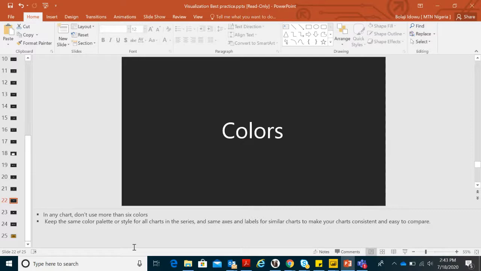Colors. Like I stated earlier on, we need to be careful. Do not use more than 6 colors. And then for colors, you need to understand color separations. Keep the palette or styles for charts in the series. Ensure that they are simple enough. Don't use more. If you're not presenting more than, there's no point in using red. If you're not presenting that, well, you can use red